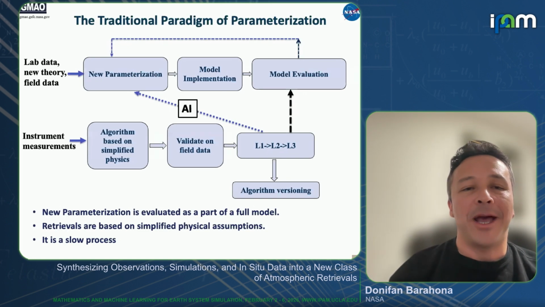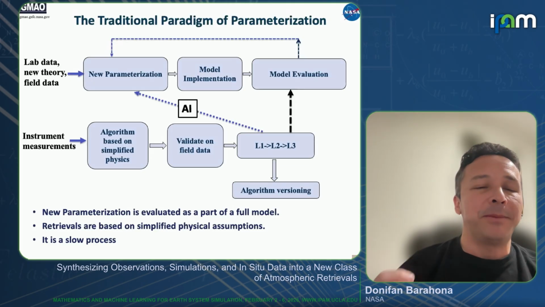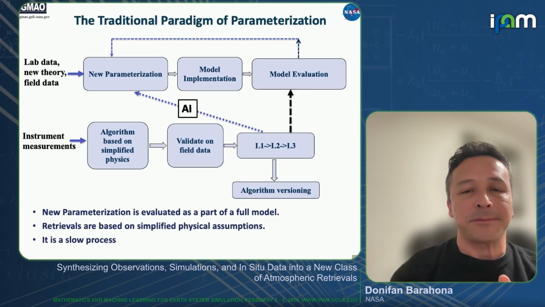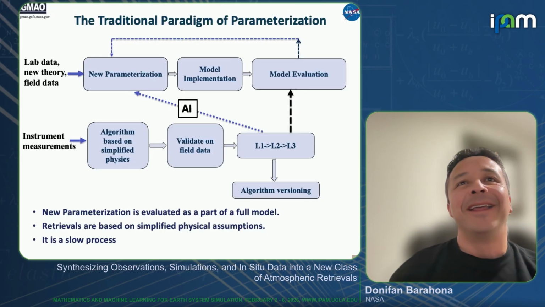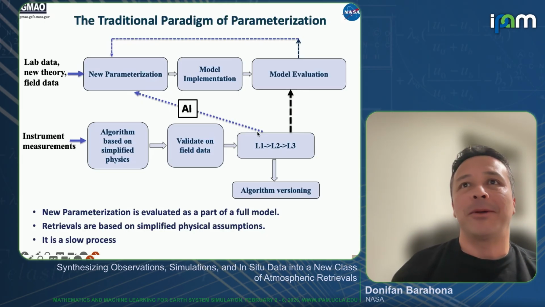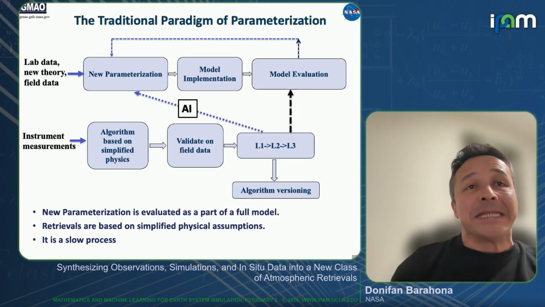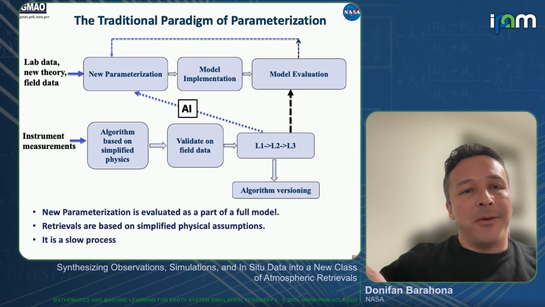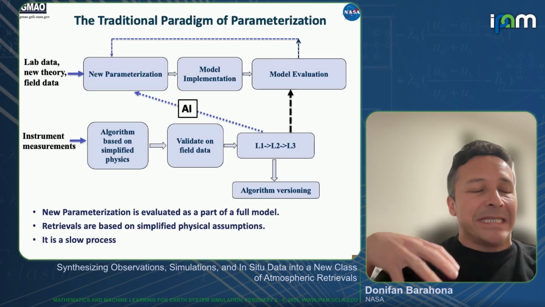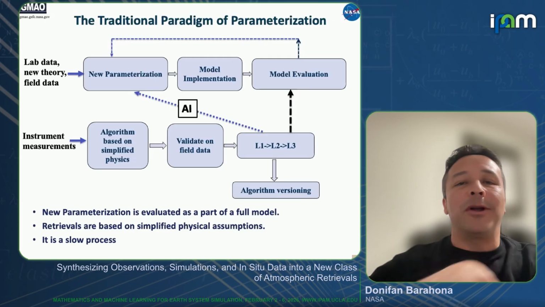So this is very historically how it has been done. That is the current paradigm, how we develop GCMs, right? And it's also, I'll say this, how we typically train natural neural networks, also known as grad students, right? This is how we all know how to do this. Recently, I'll say, this loop here can be shortcut by using AI, so we can go directly from the data to the new parameterization. But still, I will argue that the new parameterization is always evaluated as part of a full model. We're not evaluating the process itself; we're evaluating how this parameterization works in the GCM.